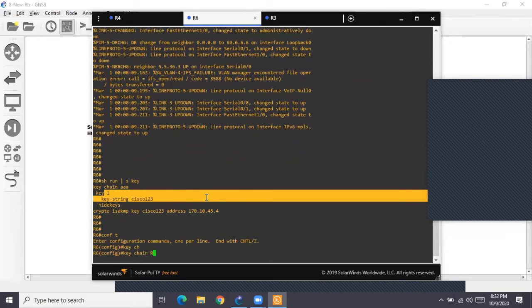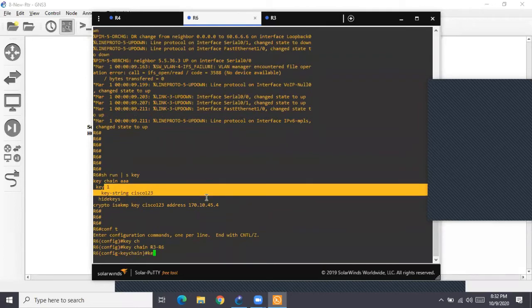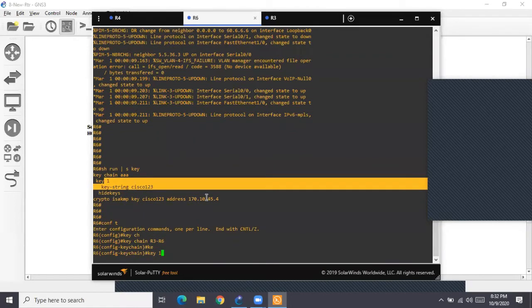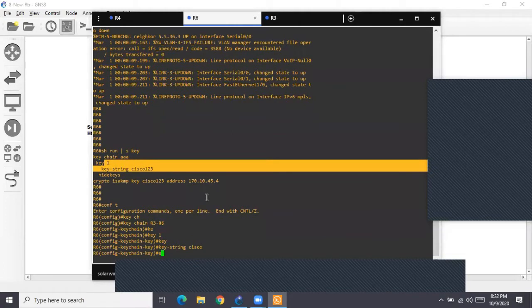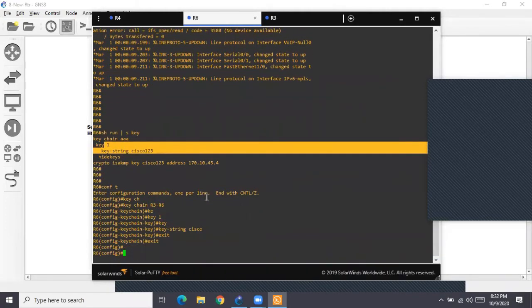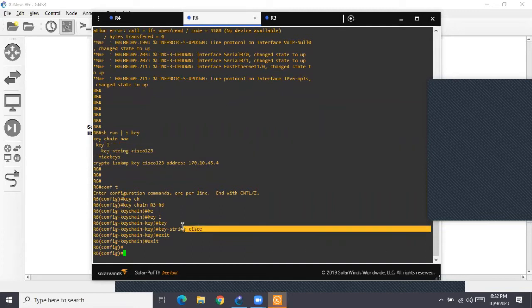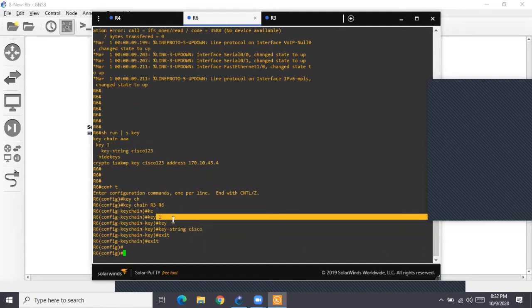The keychain, what was it? R3-R6, key ID 1, key string was, as I said, only Cisco. So as I was explaining, the key string Cisco and the key ID must match.